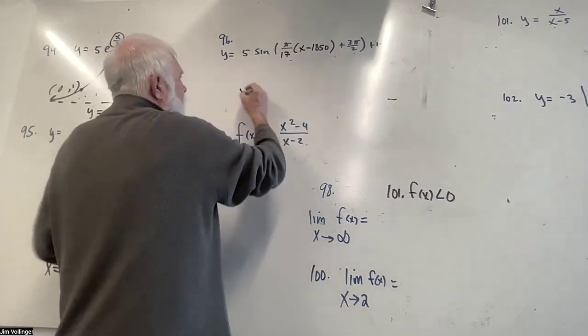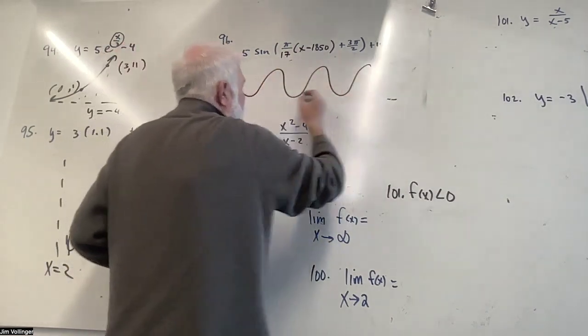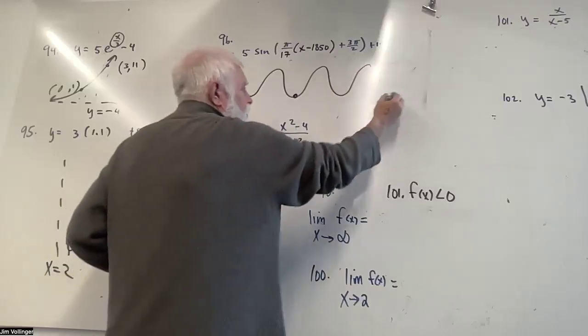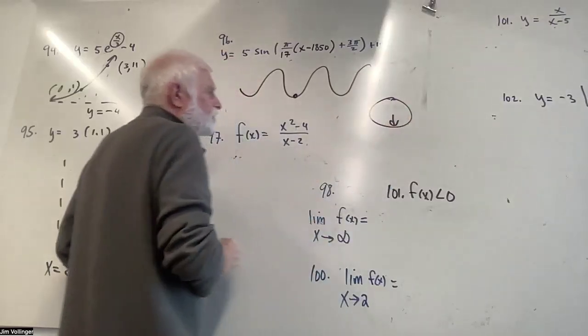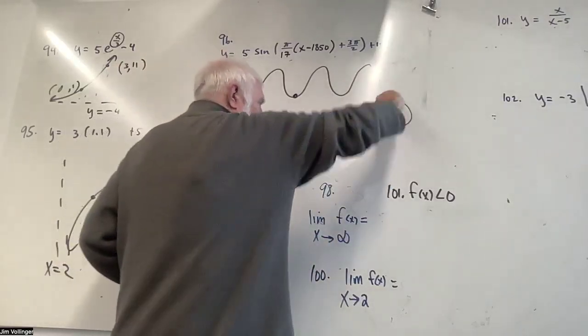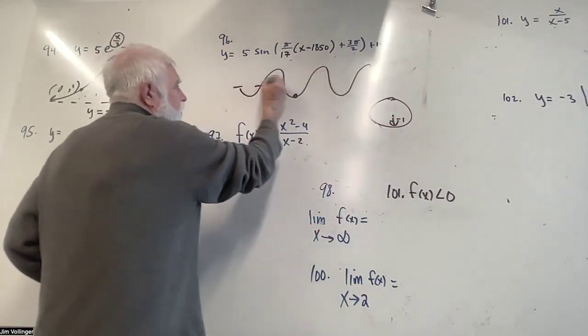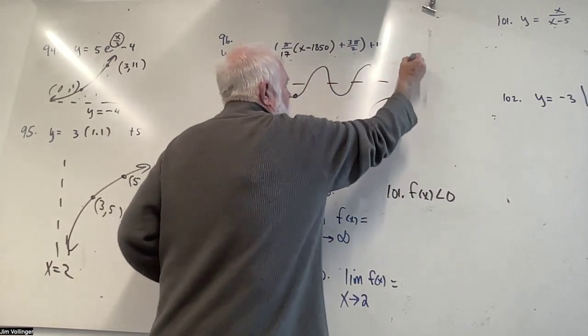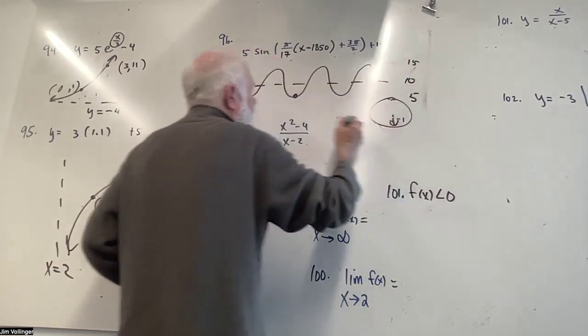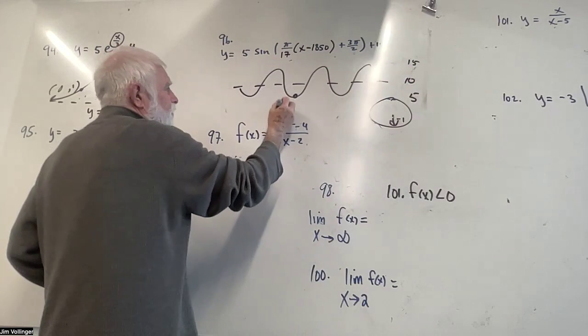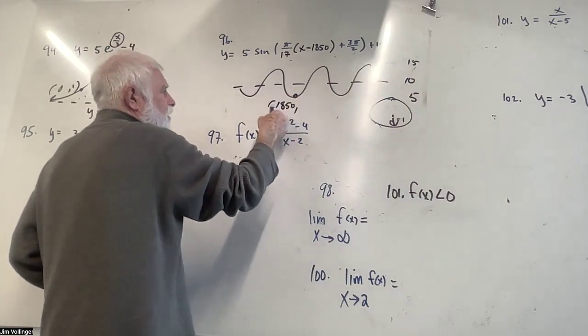So I'm going to go from min to min. I'm going to go from here because 3 pi over 2 is at the bottom of the circle, 270 degrees. Boom, -1 for a sine function. So 5 from 10, so this is 10. Going up to 15, going down to 5, and I'm going to be here at 1850 because I'm turning that year,